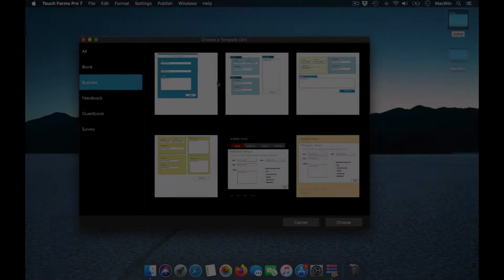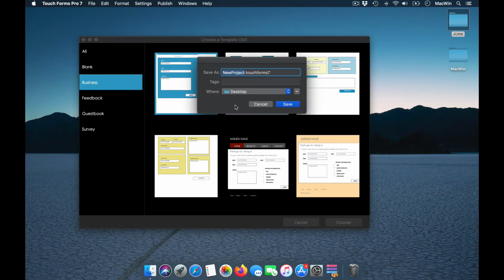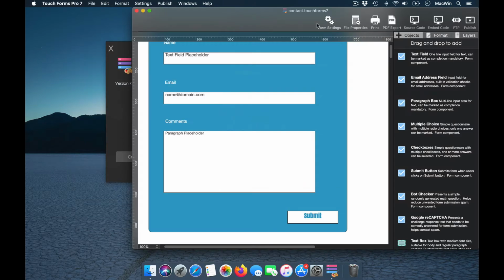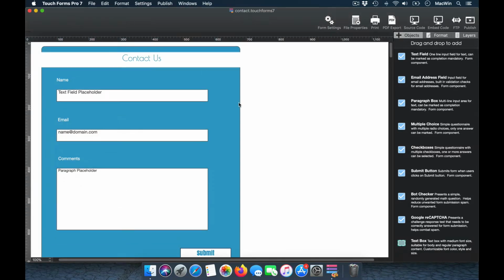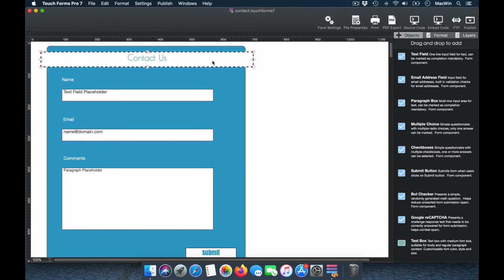So say for example, for demo purposes, I'll try using a form. Give your form a name. Just say for example, I use it as contact. Give a name to your form and save it. It opens up an interface like this. So this is your form where you would be able to customize all the elements of this.